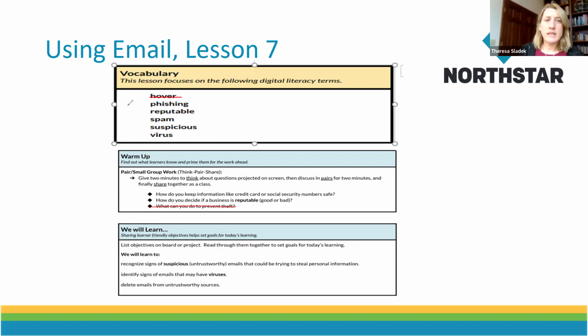You can see that, for example, this first word, someone might hear the word fishing and not realize it's spelled this way. So it's good to have both the sound and the spelling. If this is someone for whom English is not their first language, or Spanish is not their first language, when we are teaching multi-syllabic words, I should back up and say that Northstar is part of Literacy Minnesota,